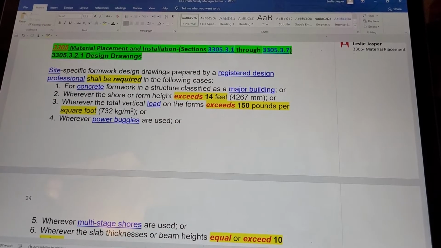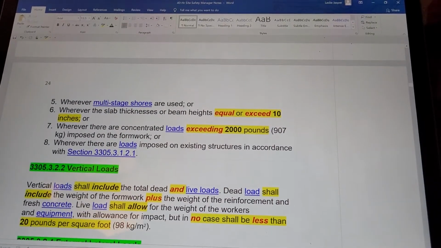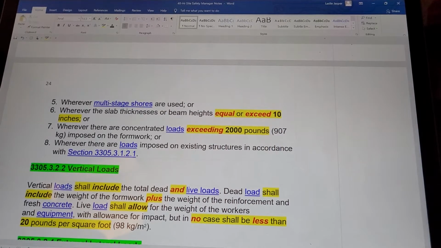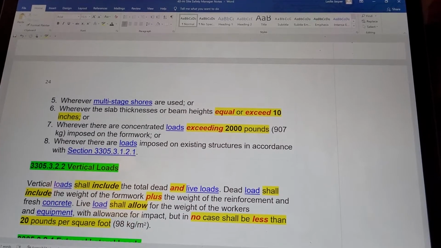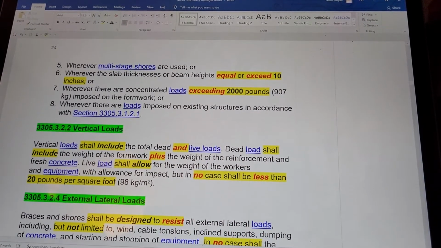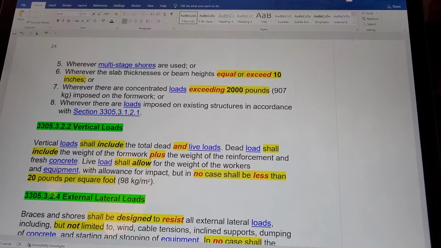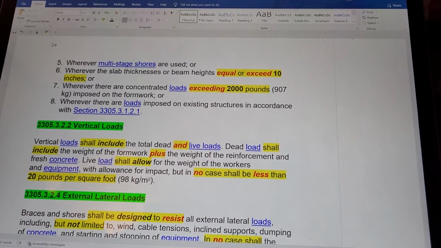4. Whenever power buggies are used, or 5. Whenever multi-stage shores are used, or 6. Whenever the slab thickness or beam heights equal or exceed 10 inches, or 7. Whenever there are concentrated loads exceeding 2,000 pounds imposed on the formwork, or 8. Whenever there are loads imposed on existing structures in accordance with Section 3305.1,